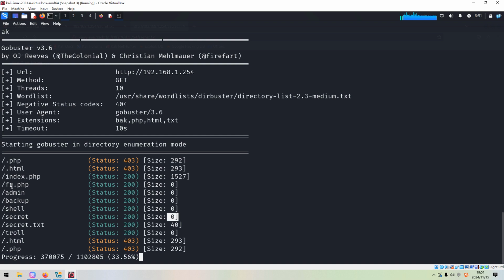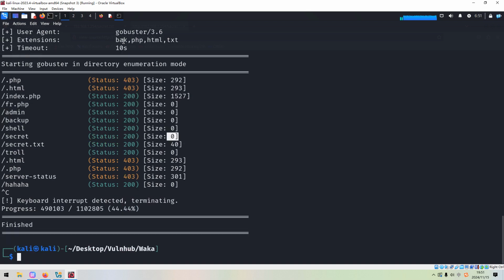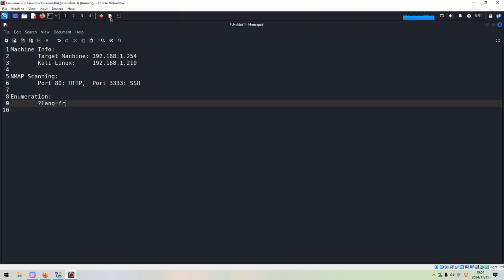At this point, I thought, when I did the machine the first time, the entry for this machine should be a local file inclusion vulnerability. So next, we need to test this vulnerability. Before we go on, I'd like to make a very quick recap on how to identify the local file inclusion vulnerability. We can use the first one, very useful, very common.